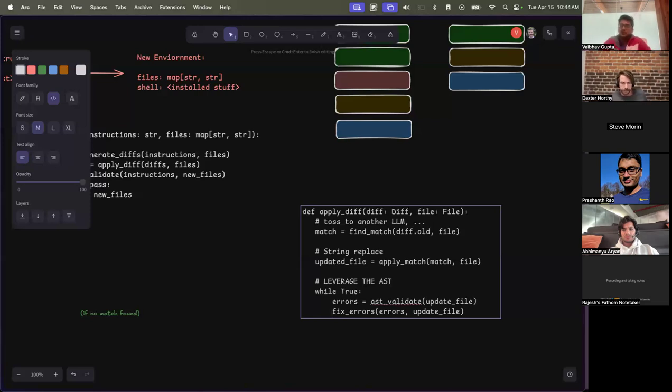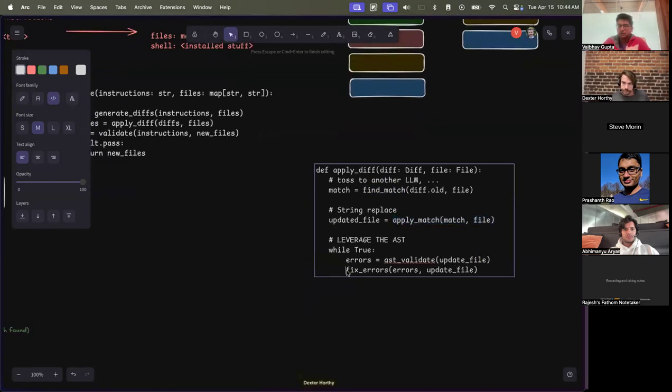What guarantee do I provide at the first step? I provide a guarantee that the match of the old diff exists in some shape or form, matching the existing file somehow. And it doesn't matter that I use an LLM or string replace inside of this method to find that exact line. All that matters is that I was able to find it. When I apply the match, this is a string replace. I don't have to think about it. But what I want to do here is make sure that